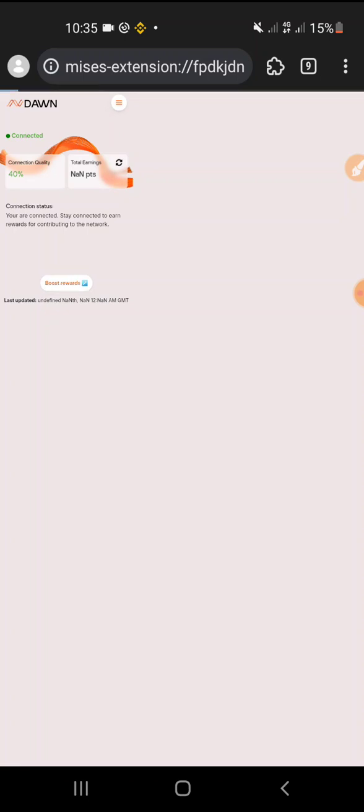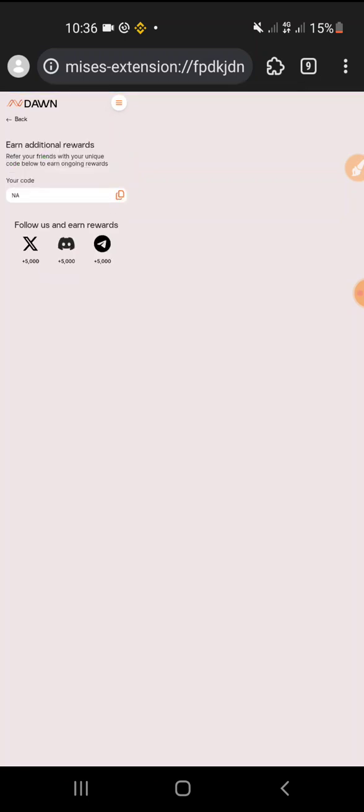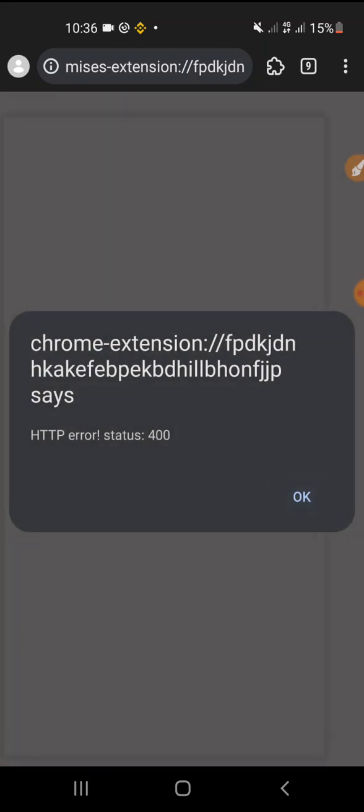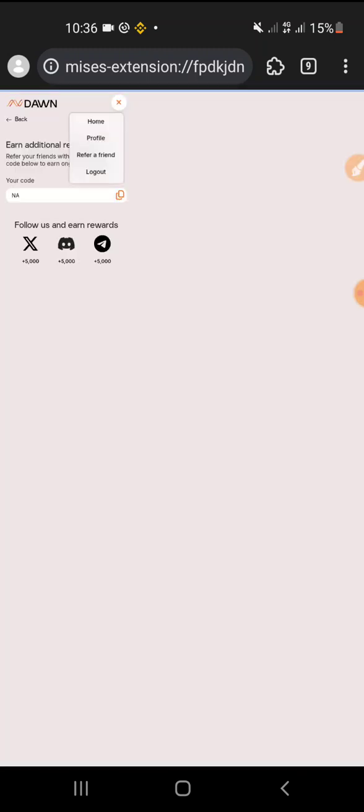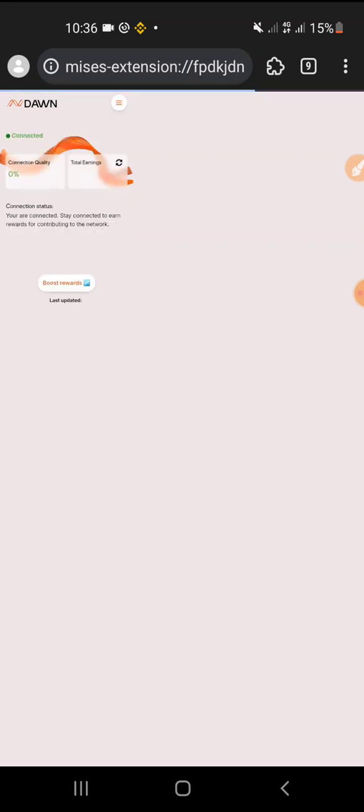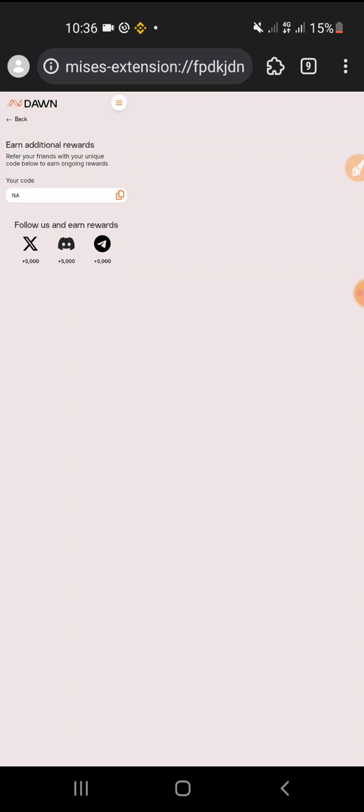So boost rewards, if you click on there, your code, so earn additional rewards. Refer your friends with your unique code below to earn ongoing rewards. Followers and rewards. Okay, follow them. The status is slightly having a problem, but very soon everything will be updated. Total earning points will be updated every time. Refer a friend, your code would be